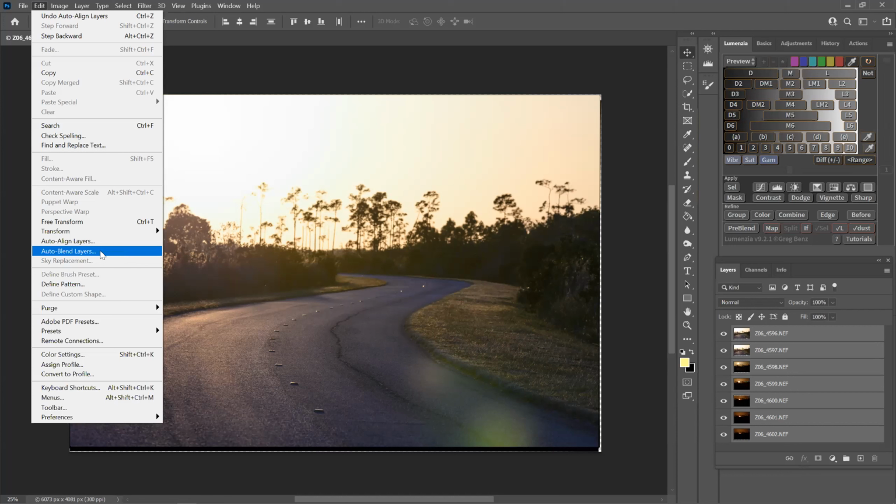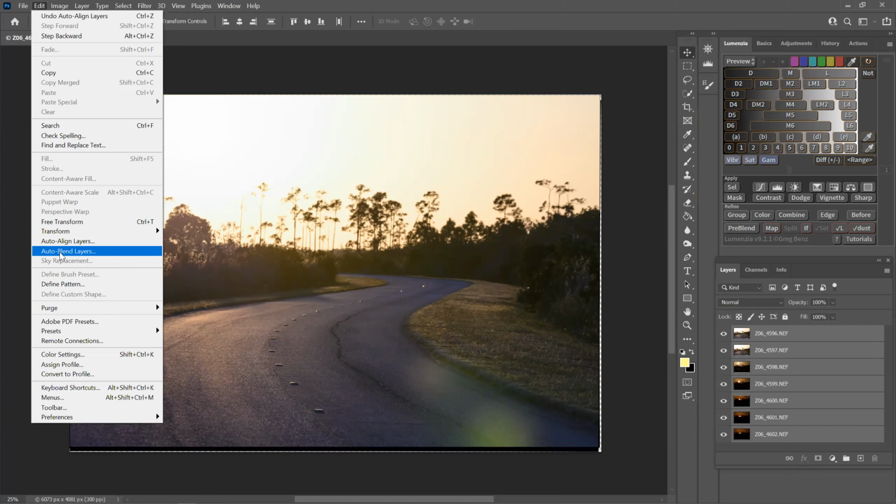Oh, okay. Yeah, you go into auto blend layers. And what that's going to do, Photoshop is very smart, it's going to pick out the sharpest parts of the image, and it's only going to use that part of the image to come up with one final. So over here, these are sharp. Now in the lower layers, the background is sharp. So it's going to put them all together. And this is amazing. When I first saw this, I said, you got to be kidding me. Photoshop can do amazing things. And once you learn how to do stuff like this, you're just like, wow.